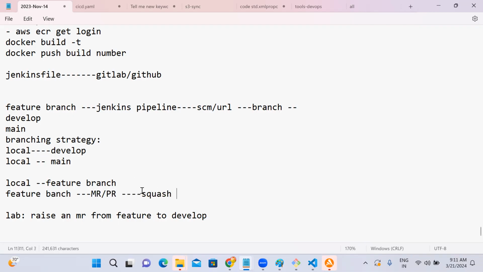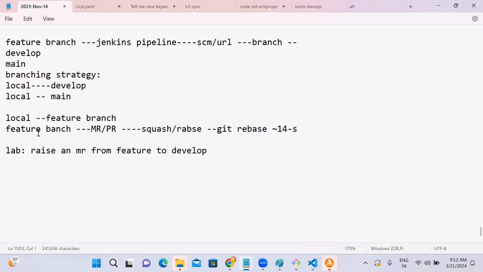Squash. This you can do in the local also, in your laptop also. There is some command you have to use, like git rebase something, with a tilde symbol and how many commits you need, like 14, something like this. You can do squash in local also. But since the GUI had given me the option, I went with that approach. When I'm raising an MR, I have an option to squash. I have selected that in the GUI. You can say that. If you don't remember, immediately recall the command. Feature branch. Next again,